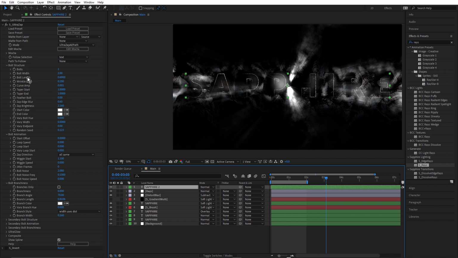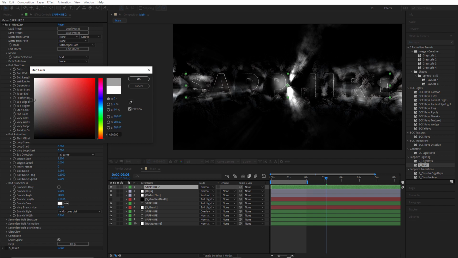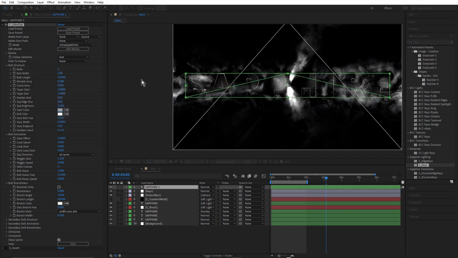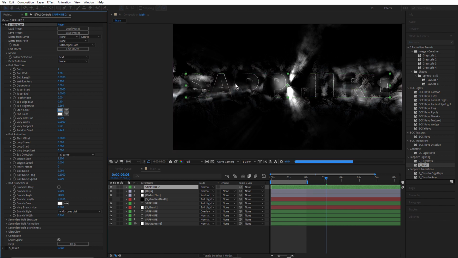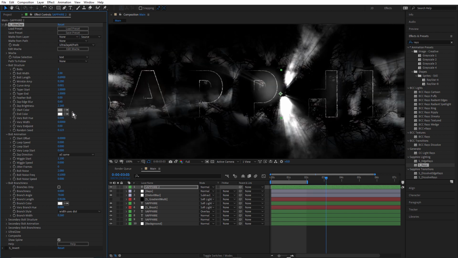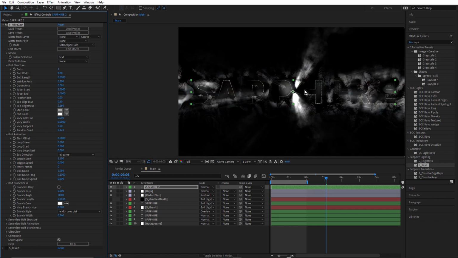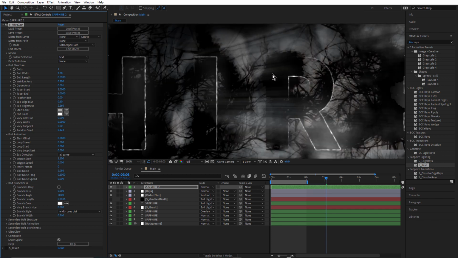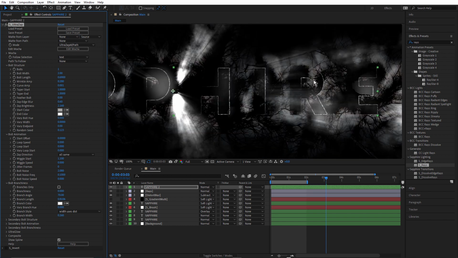What about if we change the start color? Something a little less bright. I want it to be pretty subtle, but I just want to make it a little bit more readable. That's not bad. See, the R is starting to look good. We've got this part of the R from all of the background layers, and we're just filling in some of the areas that make it unreadable if they're not there.